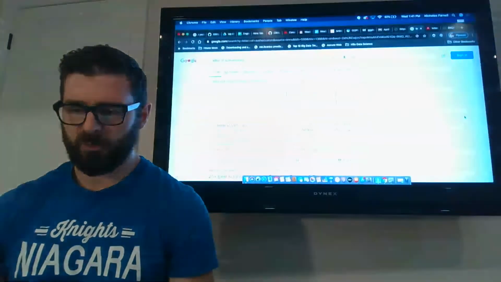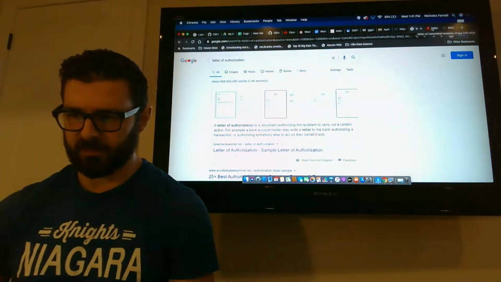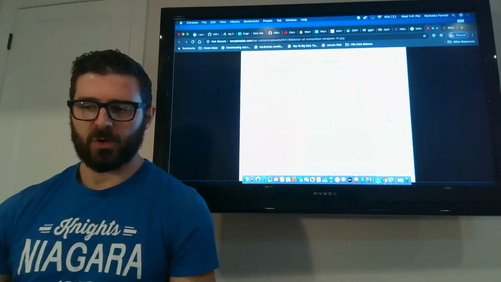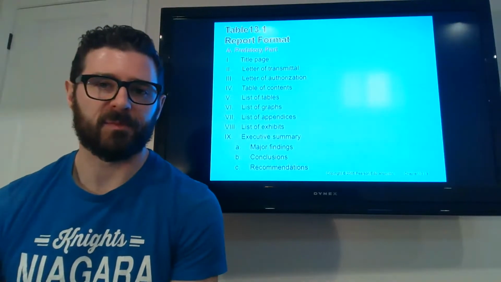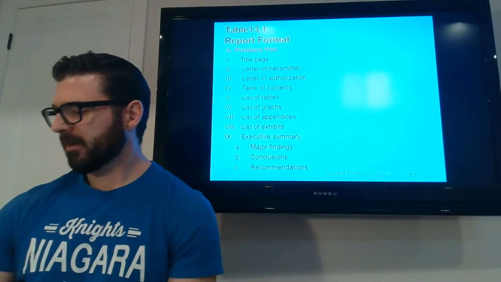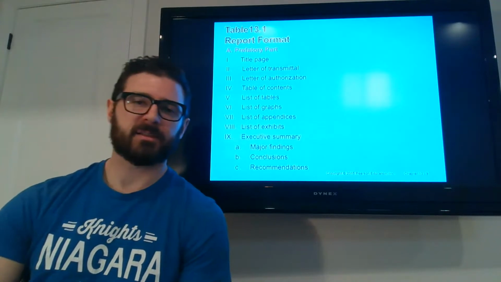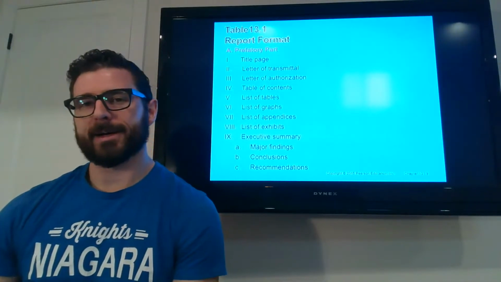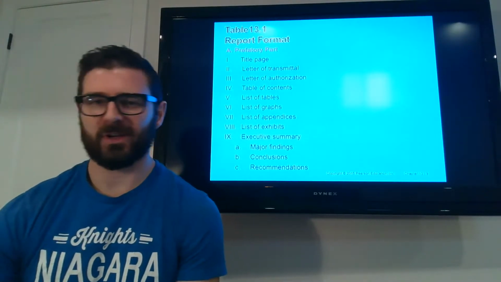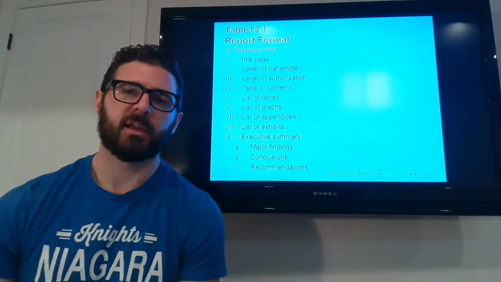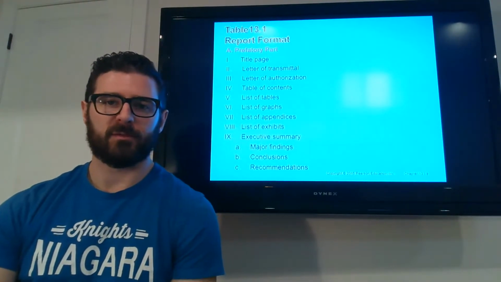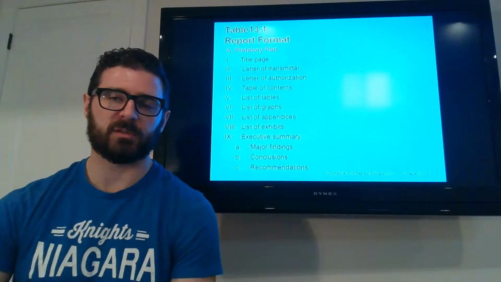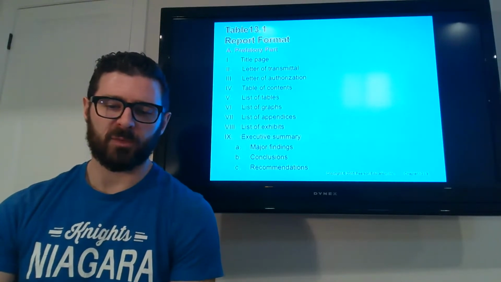This is less common now, but if we look at an example here of a letter of transmittal, it's essentially just to show that this actually happened and the report was sent off. It gives a little bit of context of the report, why the report was initially written, and is just a record of sending the document off. Less useful now because we can have these confirmations like read receipts in email and transferring documents electronically, but it still can be useful.